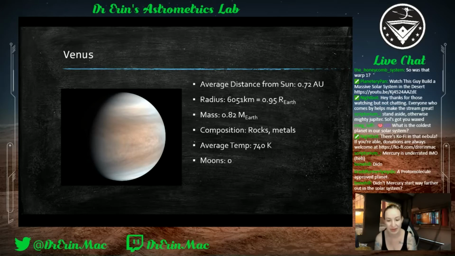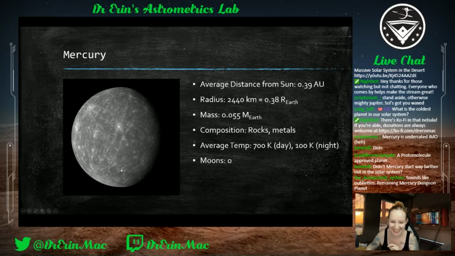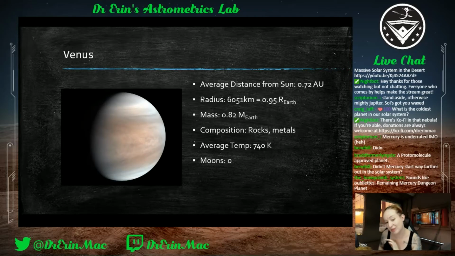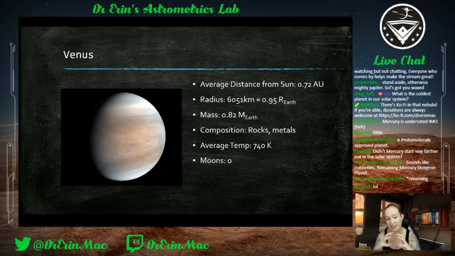here in its atmosphere. And Benny asked the question, didn't Mercury start way further out in the solar system? We don't know. There's lots of interesting theories about Mercury. One of the things here is that these ridges that you see there, I've thrown in my Seinfeld reference. There's been some shrinkage. And we'll go into much more detail on these rocky planets here, but because of its density and everything, we think that it's basically the iron core that's left behind. So it's basically shrunk down, and it's possible that it was much bigger, got hit by something, moved closer. All of those fun things are all things that we're piecing back.